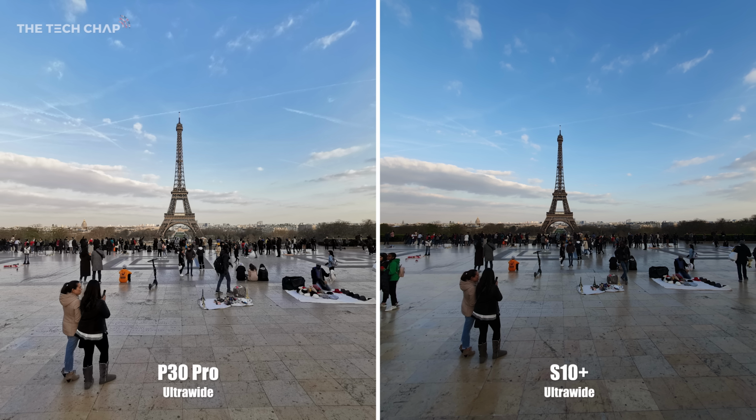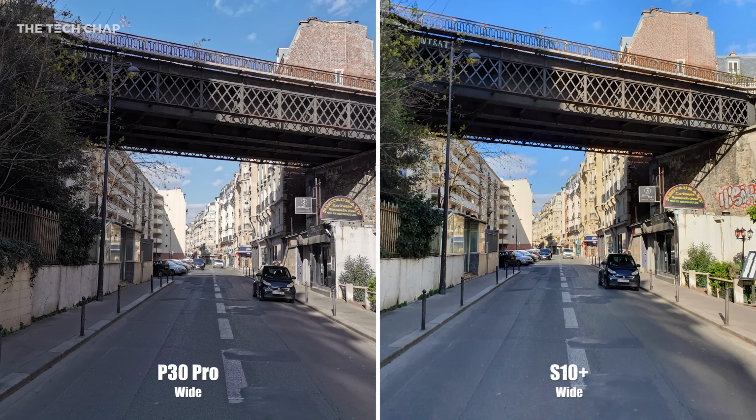But now let's look at the quality of each lens individually, and starting with the ultra-wide, again, the P30 Pro's is a fair bit brighter overall. But just look how much better exposed the Eiffel Tower is and the people in the foreground. It's a much more pleasing photo on the P30, I think. Onto the primary wide lens, and it feels like they swapped around a little bit. The S10 Plus is overall a bit brighter than the P30 Pro, although again, I do quite like that more